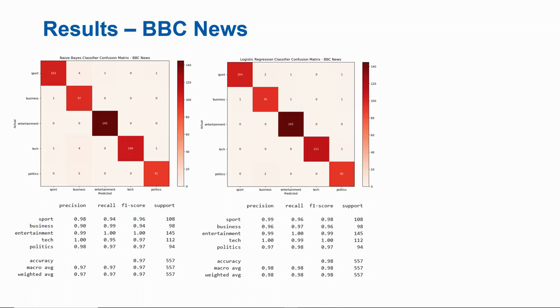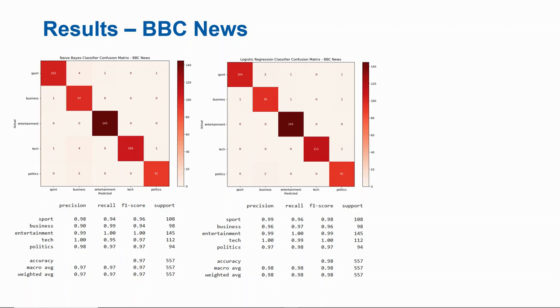And then the next classifier is the Logistic Regression classifier, and it performed better than the Naïve Bayes classifier, achieving a weighted average precision of 0.98, a recall of 0.98, and F1 score of 0.98. The standout there being the technology category as well as the entertainment category, achieving perfect scores for precision, recall, F1